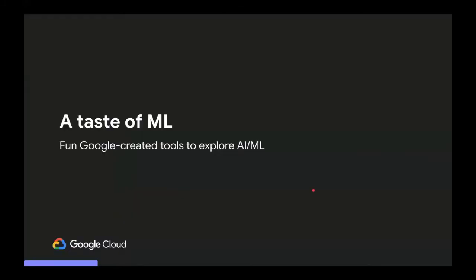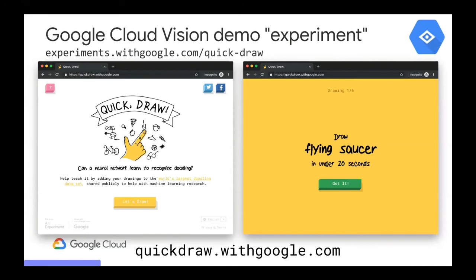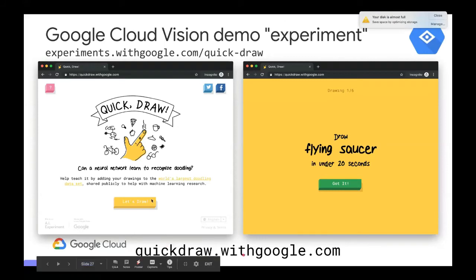How about if you just want to introduce yourself to machine learning in a light-hearted, fun kind of way? So we have some fun tools that you can try out. This one will probably be fun if you do this with your kids. It's the Quick Draw program. If you go down to the link at the bottom, it'll bring you to this website where for every game you play,